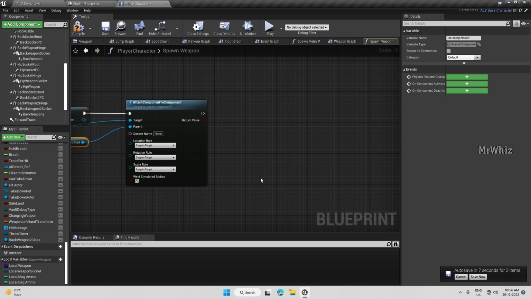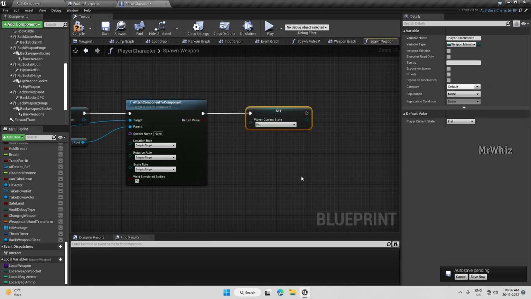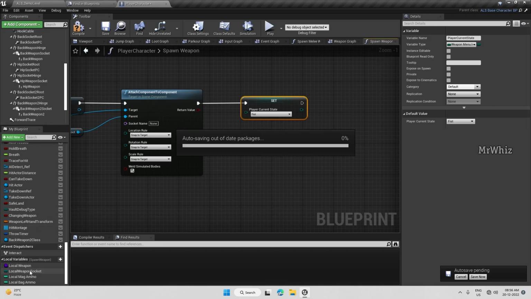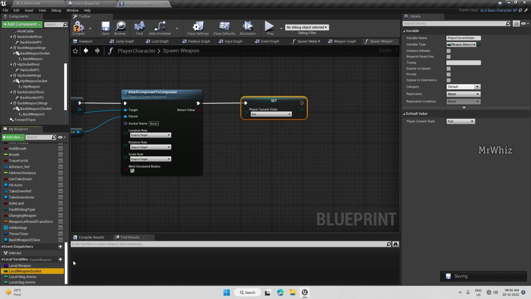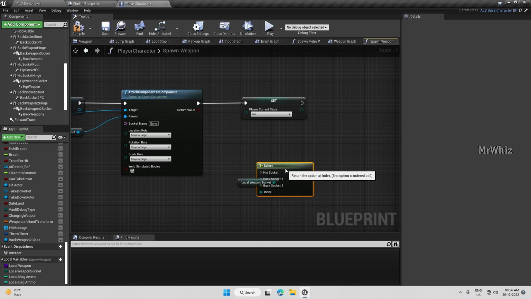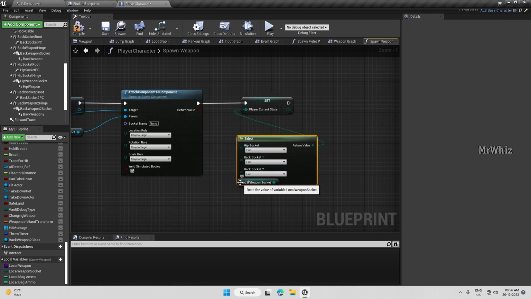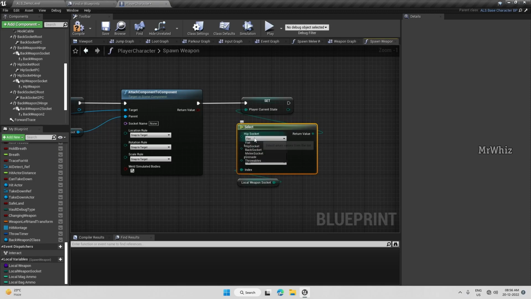Now we have to set our player's current state. And this current state, we have to take it from again the local weapon socket and get the select here, connect that here, and for each socket select the appropriate state. So for hip socket, it's hip socket, back socket,